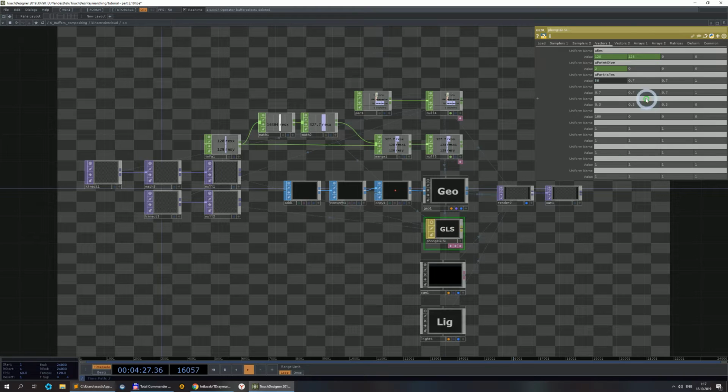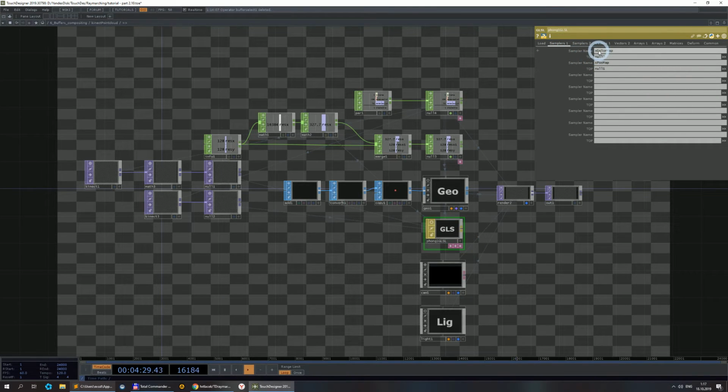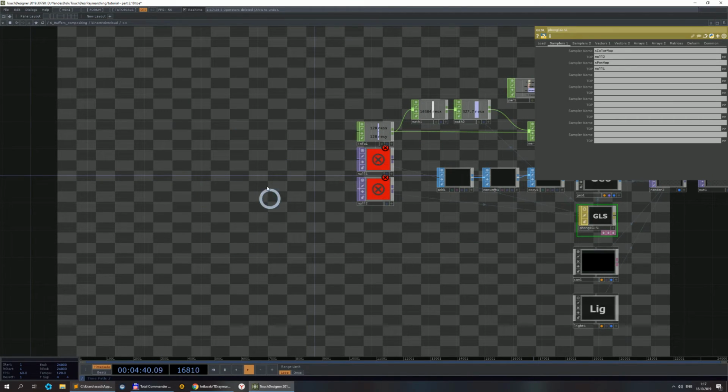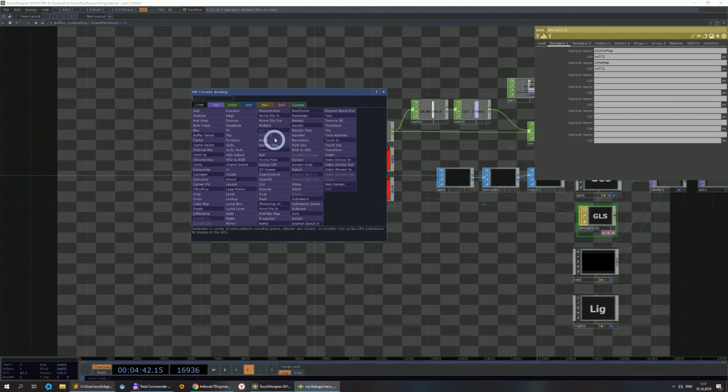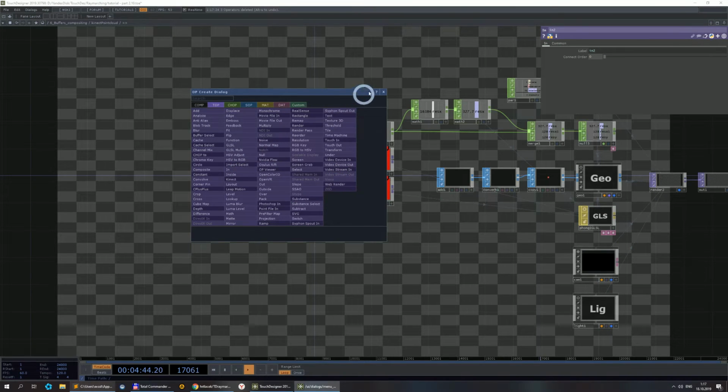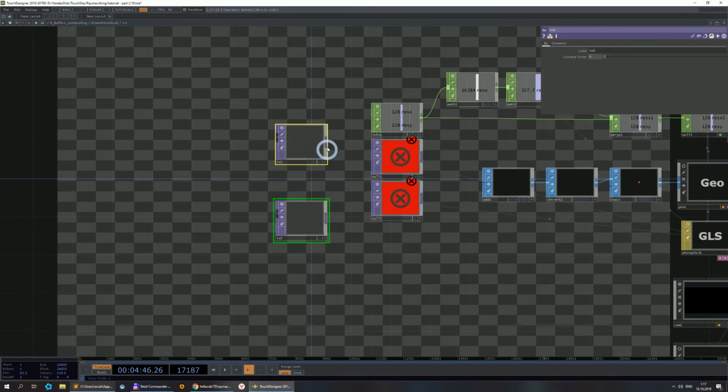Let's look. We need to sample our colors in null 2 and position mapping in null 1. So we can delete this, add in tops,